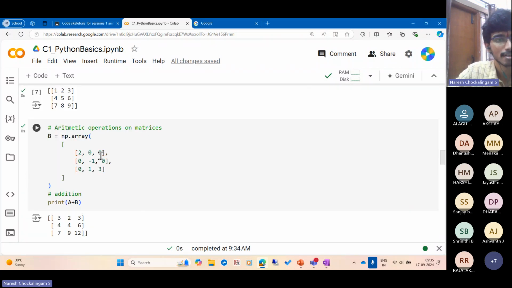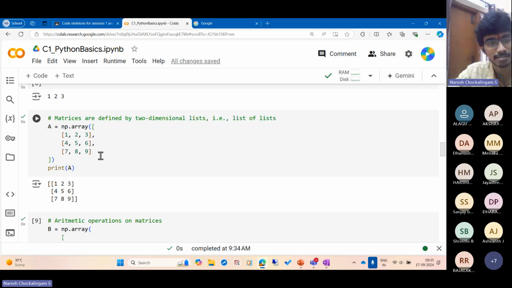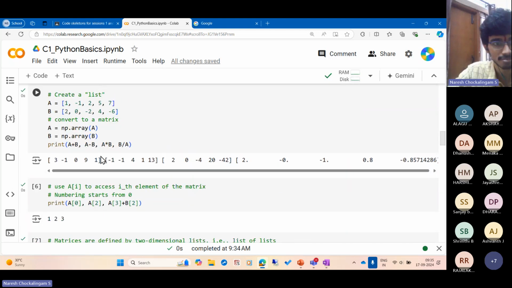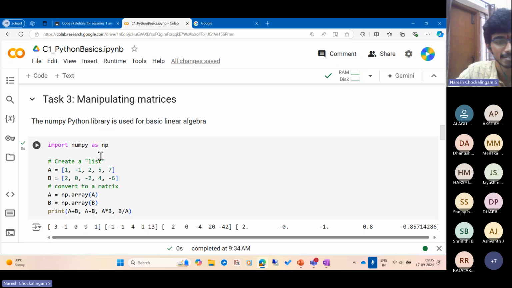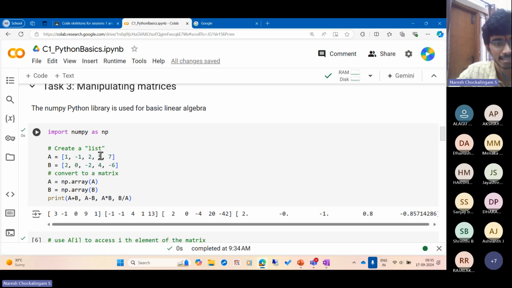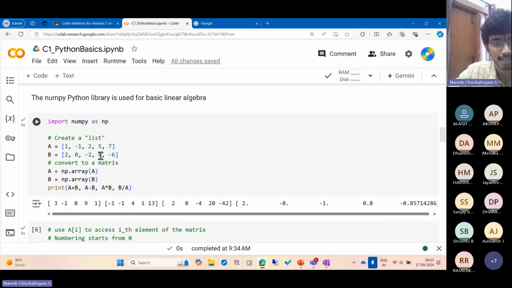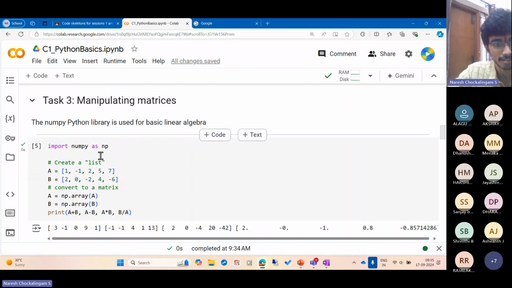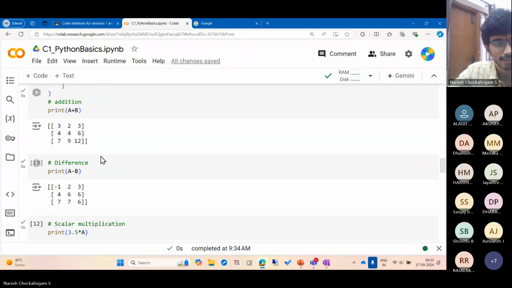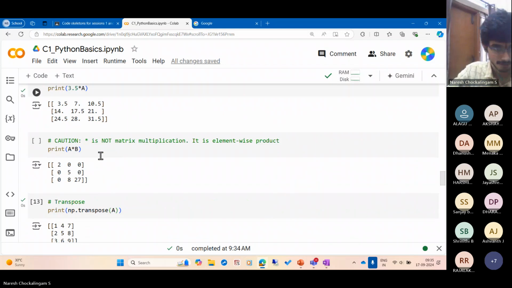So from the NumPy library, most of the things in computational mechanics, structural mechanics, deal with matrices. We cannot live without matrices. So matrices are essential, and something that helps us handle these matrices easily in Python is the NumPy library. Now,